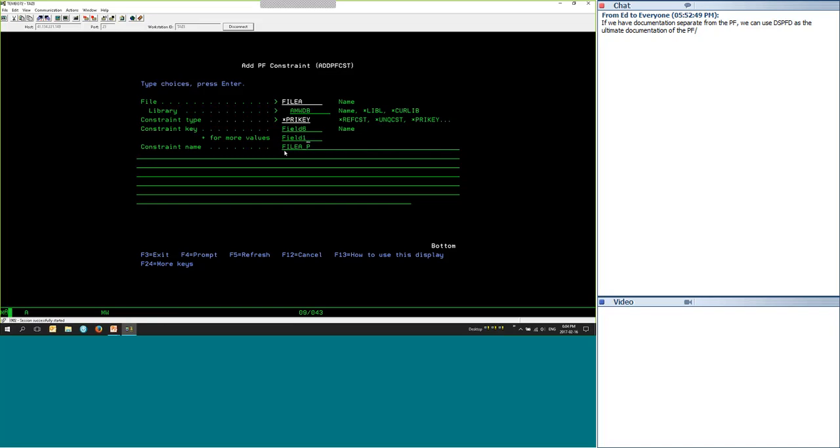That's the order, 6 and 1. And that adds the PF constraint, the primary key to the physical file. That is a CL command, and it works exactly the same way on both the DDS and the DDL files. No difference at all. And this is the command that AO uses to apply